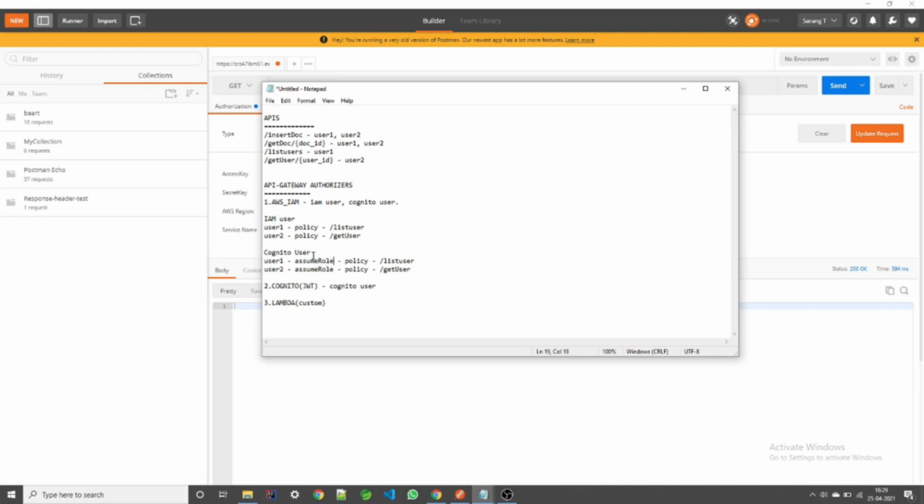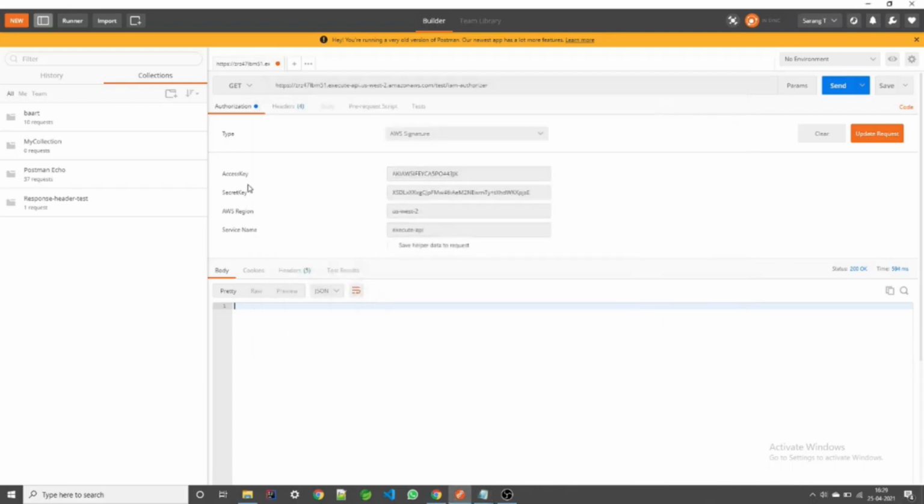Once we call the assume role API, we will get the access key and the secret key, and we will also get the session token. We'll get these three things, and we need to pass the access key, secret key, and also the session token. I will tell you where we need to pass this.